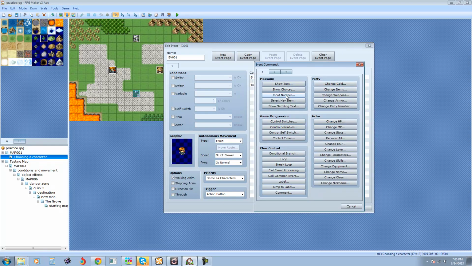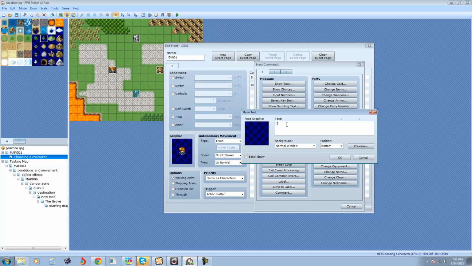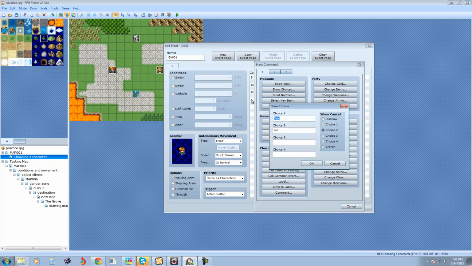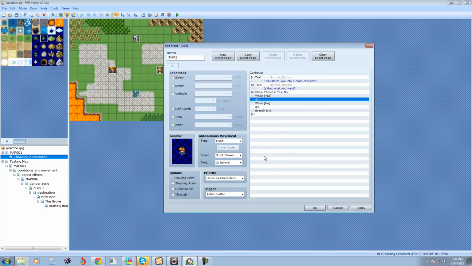And then, is that what you want? And then you're going to get a choice, okay? So show choices, yes or no. Make sure that they cannot cancel, okay? Disallow, so that we just have these two options. If they say yes, that's what they want,